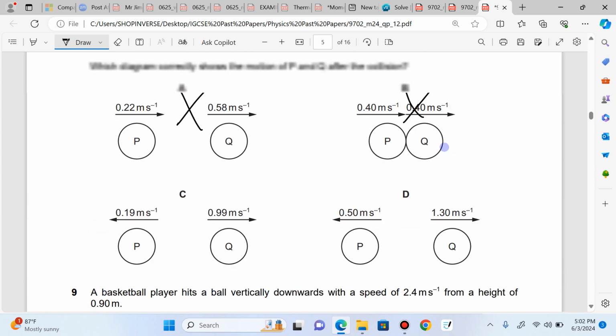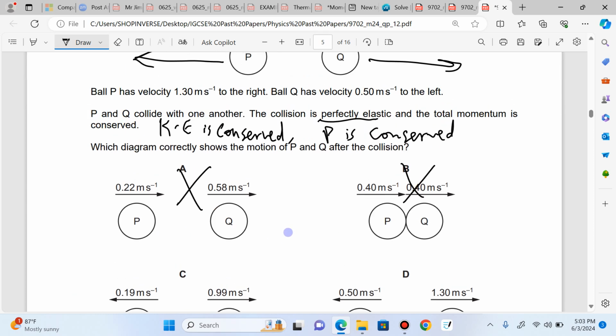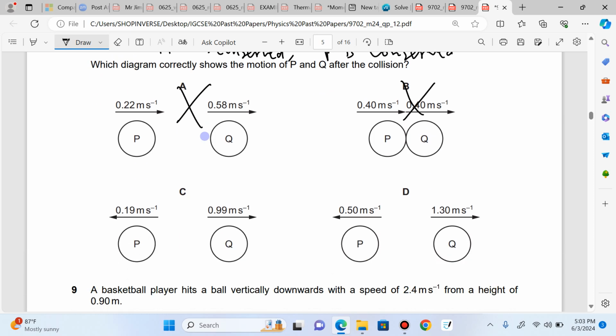So if you look at the options we have here, we have 1.9 meters per second, 0.9 meters per second. If you solve this, fine, they are bouncing off in opposite directions, okay, which satisfies the condition of elastic collision. But since it's perfectly elastic, kinetic energy must be conserved. So if you use the formula